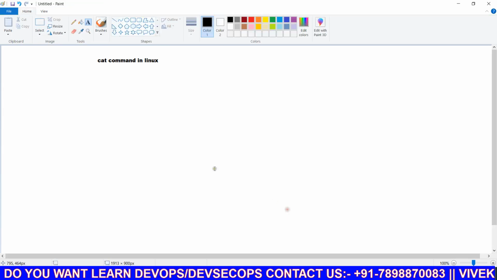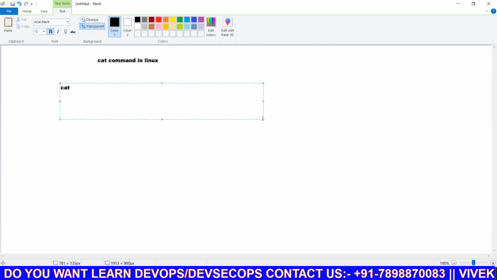So basically, what is the syntax of the cat command? So guys, the syntax of the cat command is first the command, after that the option, after that the path, that is, which file or in which location your file is available. So for example, I want to open a default file, that is the etc passwd file. So I will use cat -n, where n stands for printing line numbers. After that, etc is the default directory, and in etc, passwd is our file where user related information is stored. So this is the syntax of our cat command.